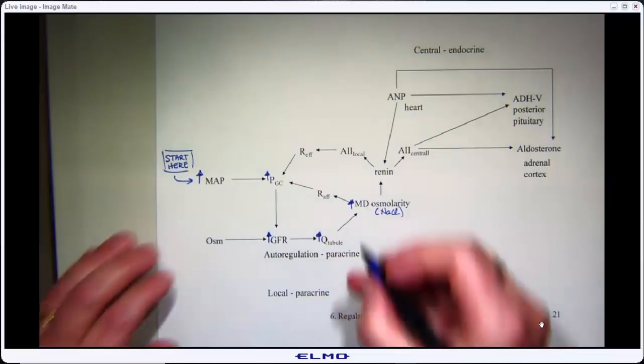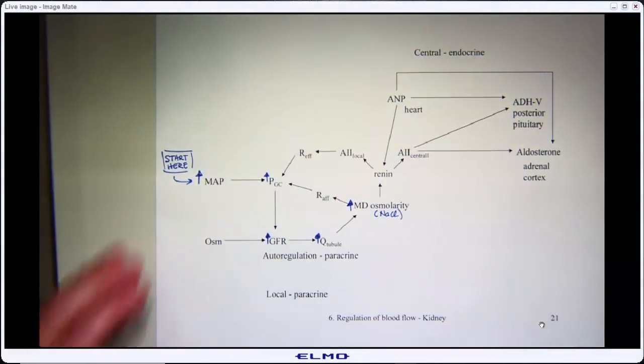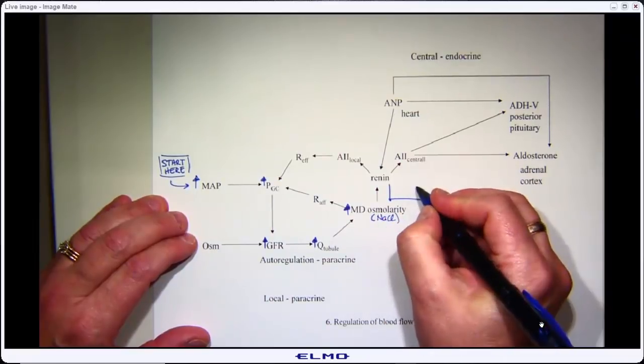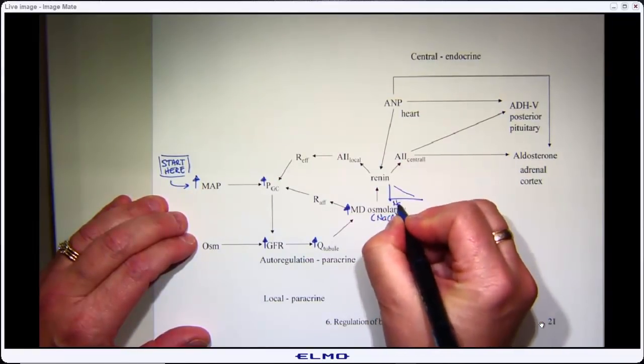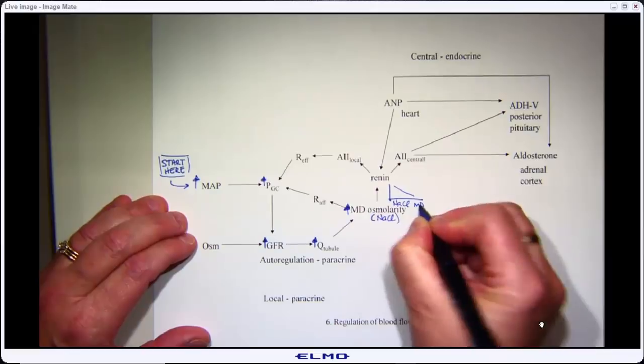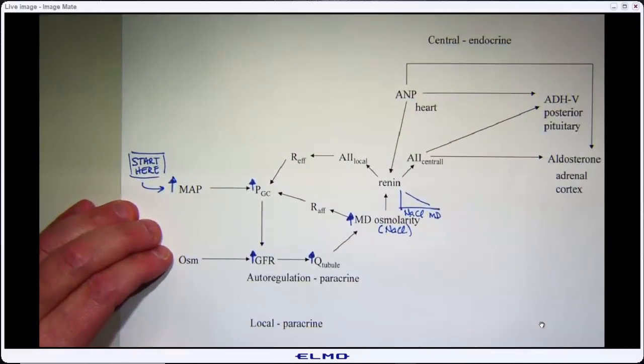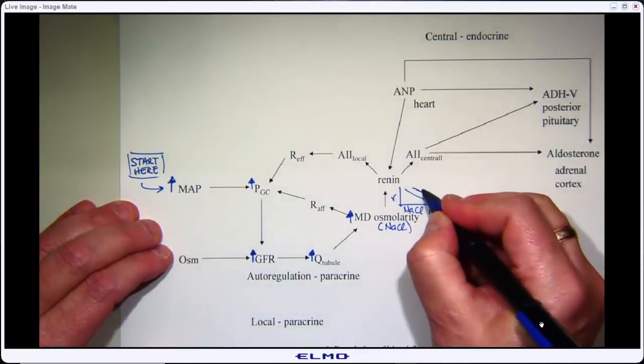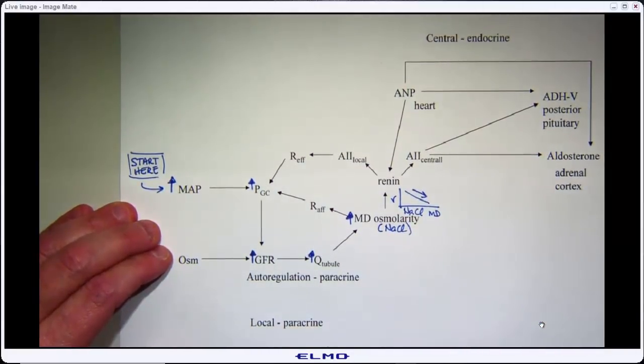All right, so the response to that would be then, because of this relationship of sodium chloride in the macula densa and our renin, increase in sodium chloride in the macula densa, we would drop renin,